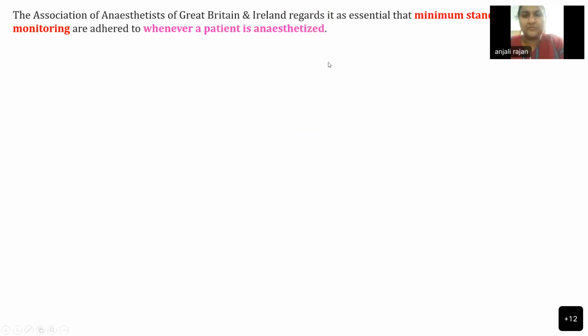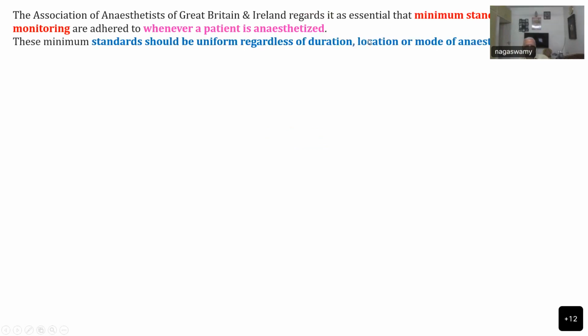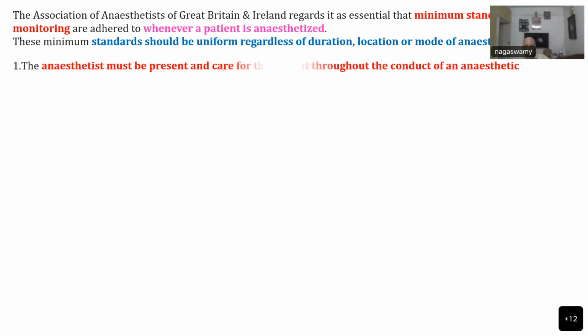So the Association of Anesthetists of Great Britain and Ireland regard it as essential that minimum standards of monitoring be adhered to whenever a patient is anesthetized. This is the standard guideline that has been given there, and these standards should be uniform regardless of the duration, location, or mode of anesthesia. That is what you mentioned about whether it is general, regional, or